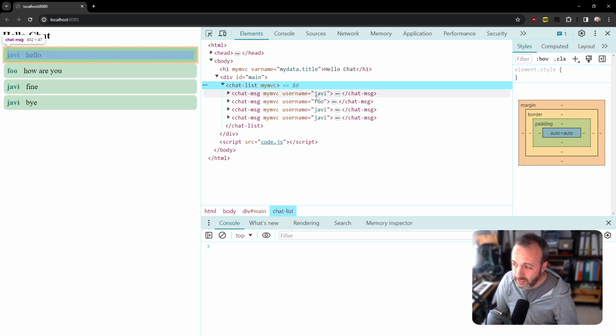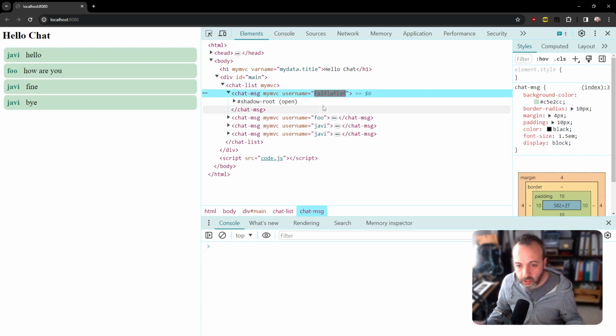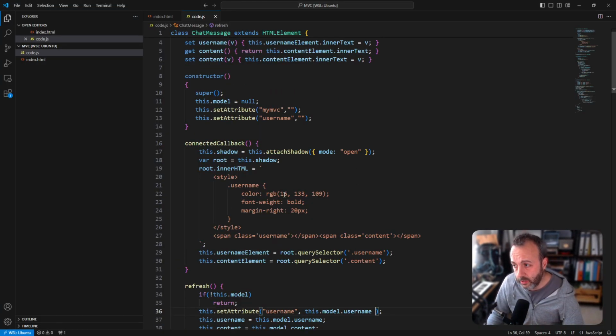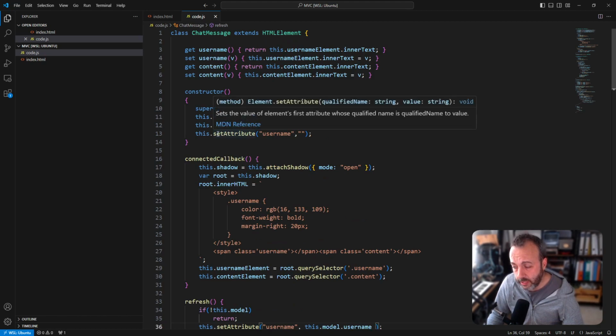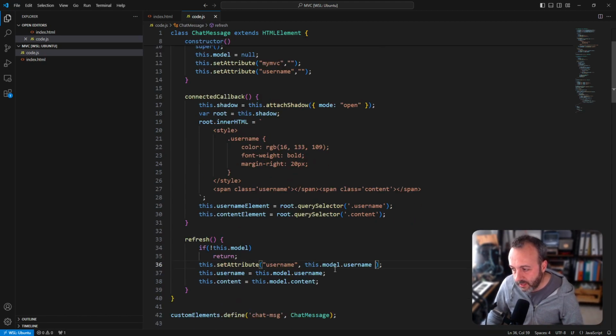The only bad thing now is that if I modify this and put here blah blah blah, it does not modify the model in any way. You can do that. There's a way to detect if there's any modification on the attributes, and if there is, you can bind an event, trigger that event, and go to the model and modify it. So at least if somebody is manipulating the DOM, you can check it and see that it's happening. But this is something that maybe is interesting if you are more into making the code super clean. Anyway,